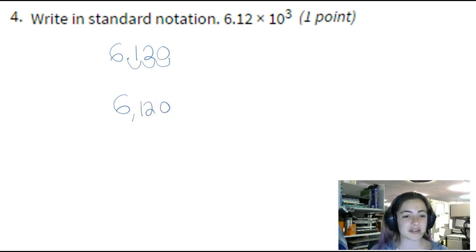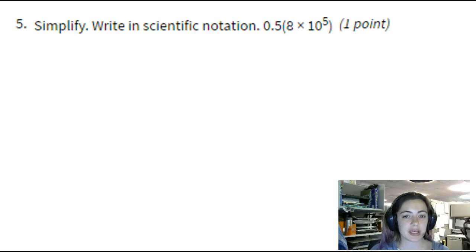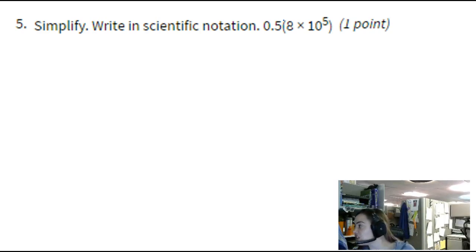Alright, our next question is simplify and then write in scientific notation. So we have 0.5 or 1/2 times 8 times 10 to the 5th. If you remember that these are all being multiplied, you can use those properties, it doesn't matter which order it's in. I know sometimes I forget what they're called, so I have that nice handy little cheat sheet there, but when you change the order that you're doing those in, it's the associative